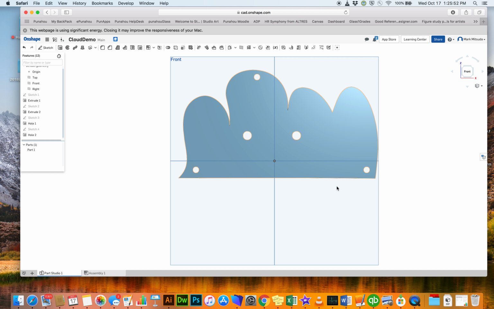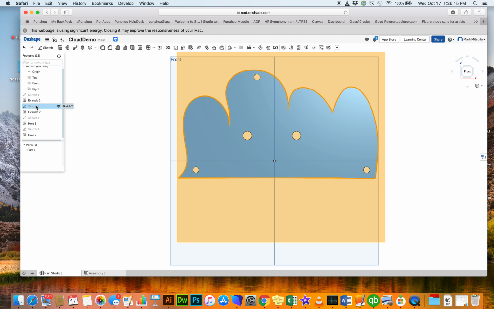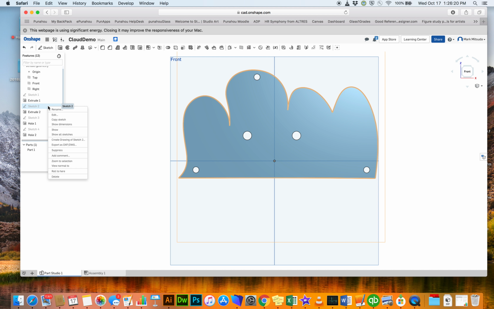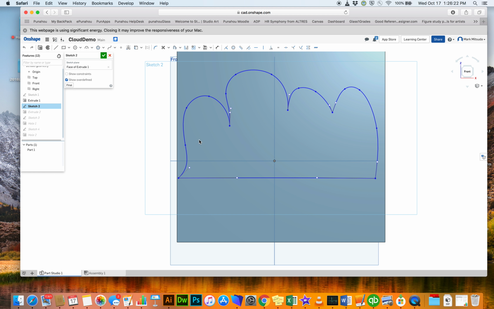One last thing, everything in Onshape remains editable. So if you're not happy with anything, like if I'm not really happy with my cloud shape here, I can go right back into the drawing of my cloud, and I can select which one by hovering over the sketch, and it'll highlight which thing I'm editing. So I'm going to go back to my original sketch here. I'm going to control click or double tap, and then hit edit, and I can go back in